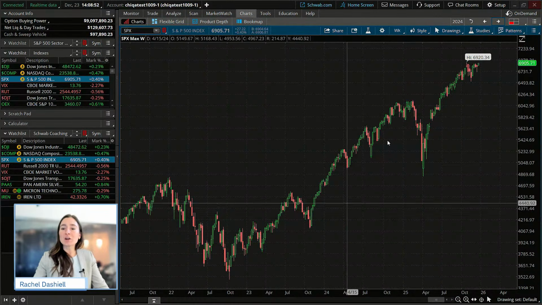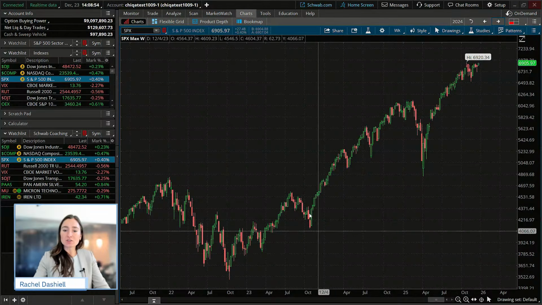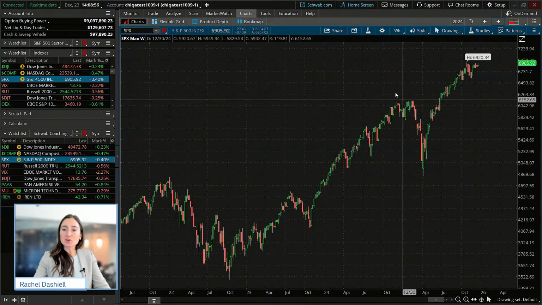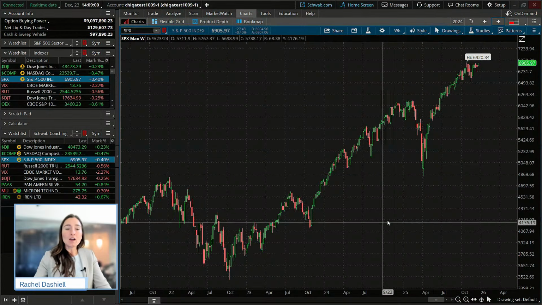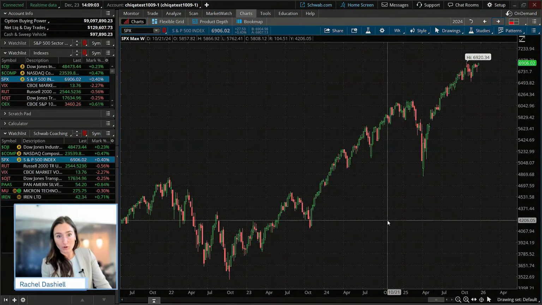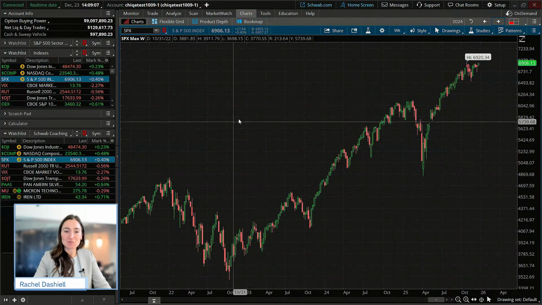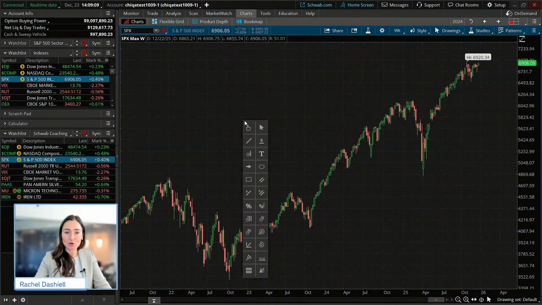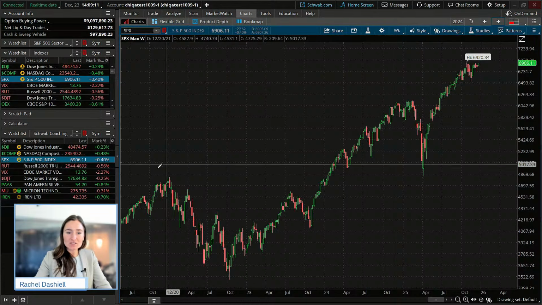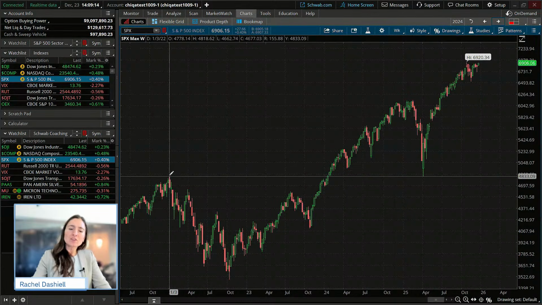But if price is in an uptrend, you're going to start the drawing from the lows and project that to the highs to show areas of where we could see a support retest. So I'm actually going to show you how this plays out in the S&P 500. So I'm going to click that middle scroll wheel, click on my Fibonacci tool, and I'll actually add this too.